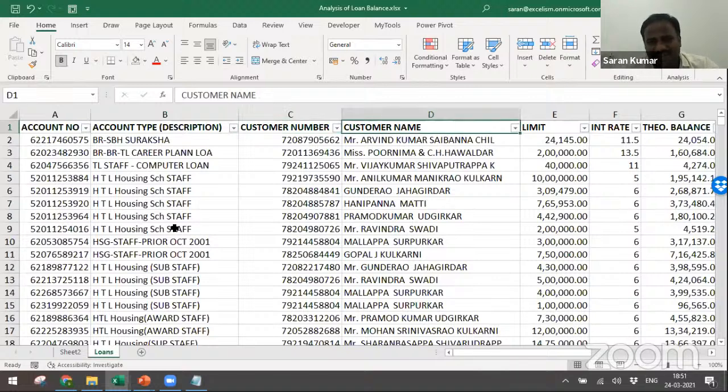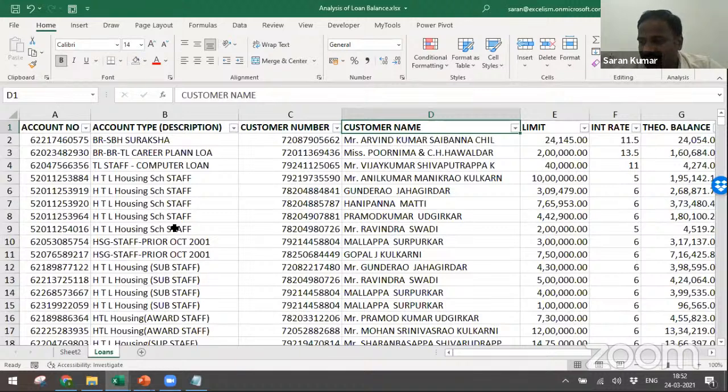Is there any way the customer name can be helpful to the auditor? Yes. You know what filters I do with the customer name? I do the filter with the surname first. I'll ask the branch manager, is there any relation with respect to the surname? Why is that important to you? Because maybe in one house, 4 people might have taken the loan. We need to look into the fund diversion and also the security part. Whether they have taken the proper security or not, and how the security is divided among those people. So that is one part.